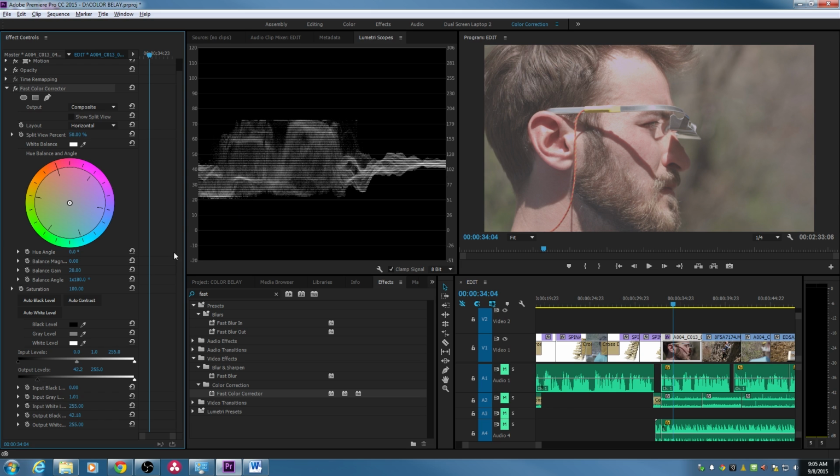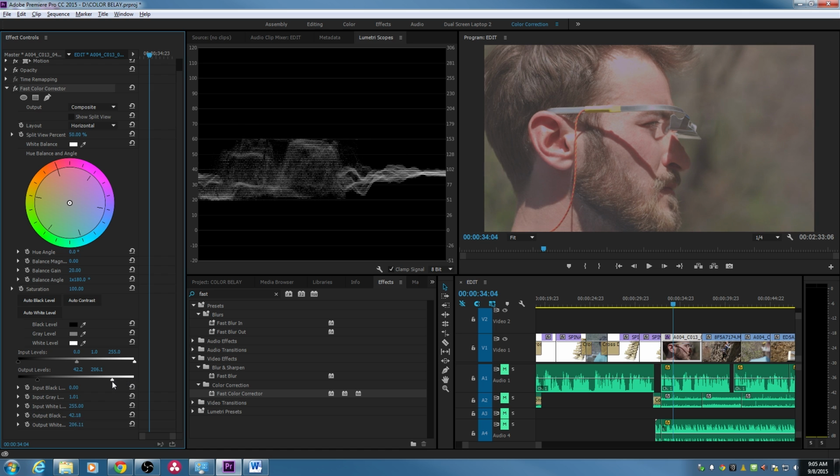It's making them more flat. It's taking the darks up, and as you grab the whites, it takes your images down. And look what's happening. We're getting a very flat image. Keep in mind that as your darks and your highlights get closer and closer together, you're going to have less